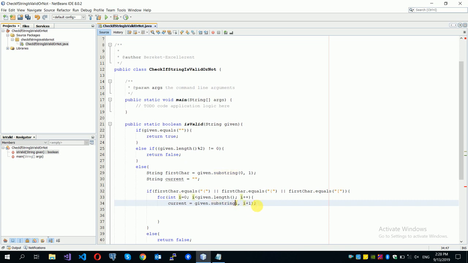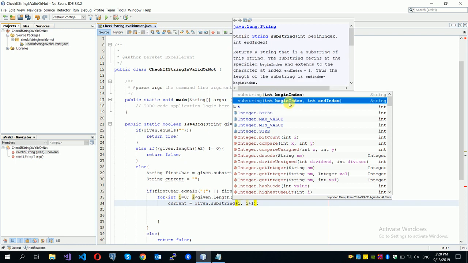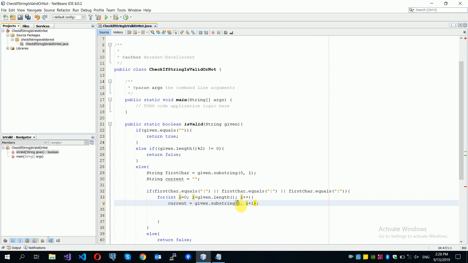Let's see the function signature just to be sure. So this is the function that we are using. It's saying begin index and ending index. So start from this index and end at this index. Okay, so the start point is I, then the ending is going to be I plus 1, after the next character, which means, okay, so we have current now. So what we are going to do is